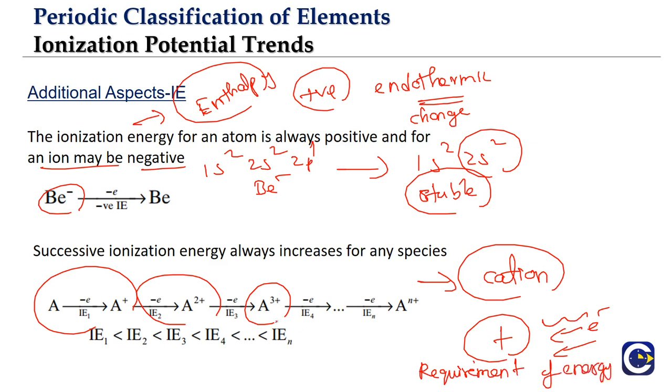So every time we remove one more electron, the cation charge is going to increase. It's going to become that much more positive, isn't it? So removal of every successive electron is going to require more and more energy. So always we will see IE1 value will be less than IE2, less than IE3, less than IE4, and so on. Remember what we said? How many electrons can we remove from an atom? We can remove as many electrons as are there in the atom, the total number of electrons, completely one by one. So for any element, successive ionization energies will always be increasing. IE1 will be the least. It will be less than IE2. IE2 will be less than IE3, like that.